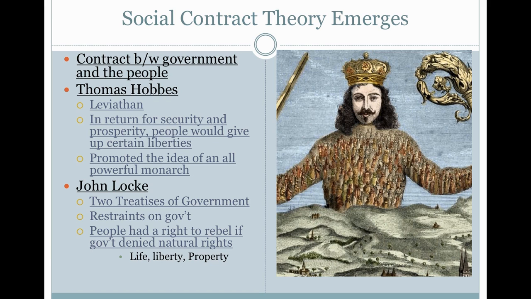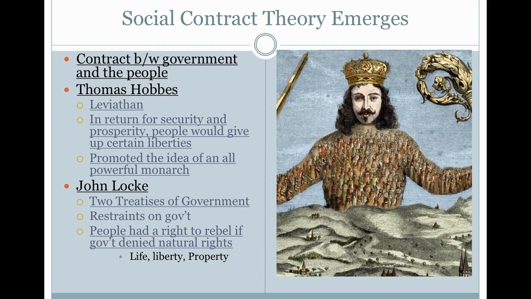Not really Machiavellian, but it's this idea that an authoritarian ruler was good. A single ruler who wasn't checked could be more effective, and because of that, he could provide for security and prosperity. I think Trump would kind of support that idea probably today, right? He probably gets annoyed that Congress checks him all the time. And if you see this cartoon, that's a cartoon that was used to summarize the ideas of Hobbes. John Locke took it a little differently.